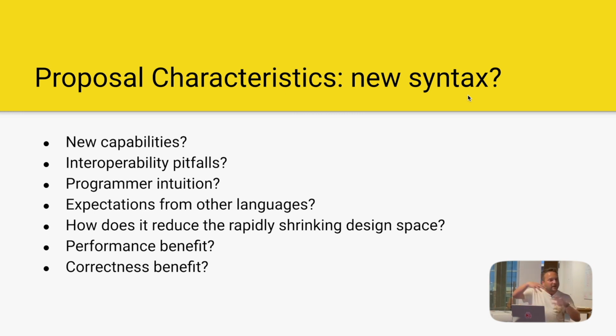But we have to kind of thread that gap between how do we make something that programmers aren't going to be like, what the hell is this? That's supposed to mean this thing and it means that thing. And also kind of is sensible and intuitive for newcomers. It's a hard problem to solve, and there's actually another